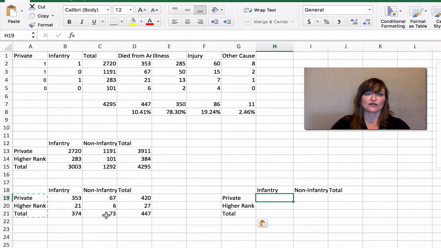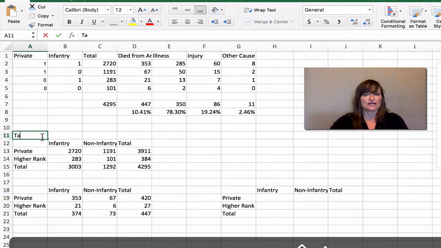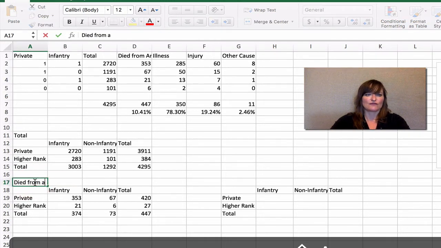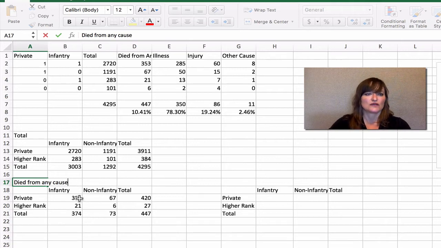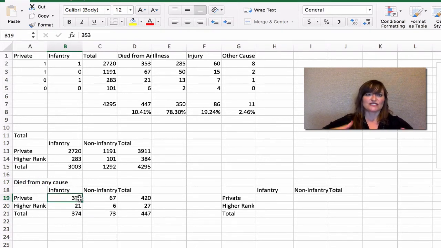So we're actually going to look at this table kind of superimposed over this table. Here's the total. Let's write that. And here's the died from any cause. So we're going to take those two tables and sort of superimpose them and say, what's the proportion of this number to this number? What's the proportion of this number to this number for those 4 pieces of information?